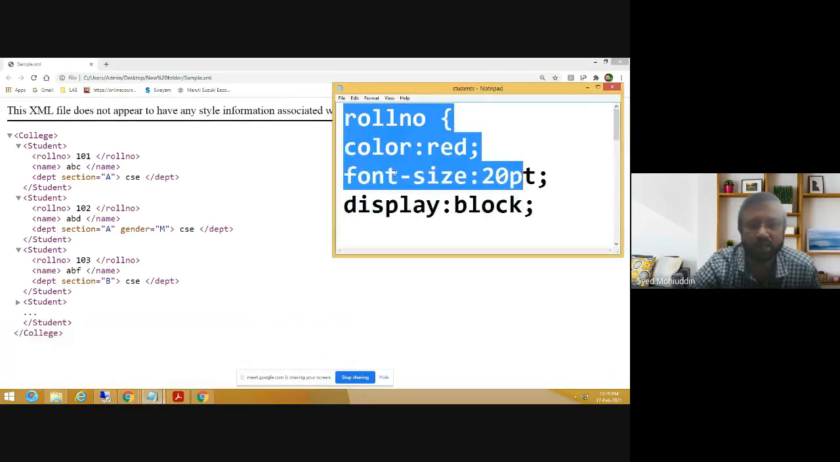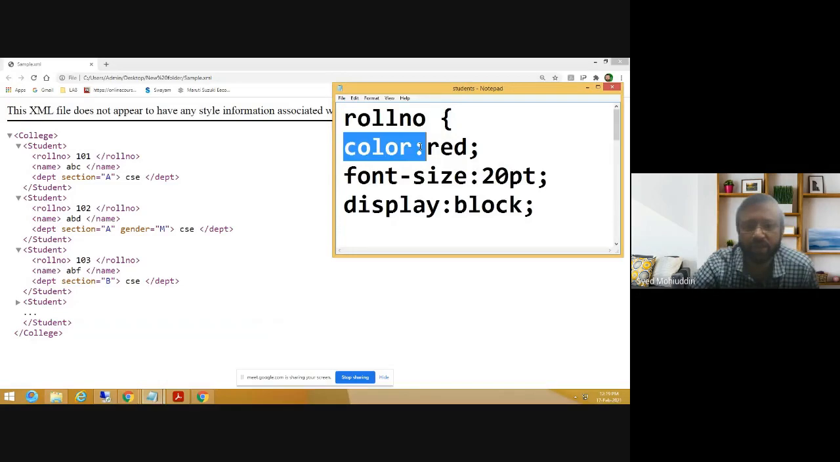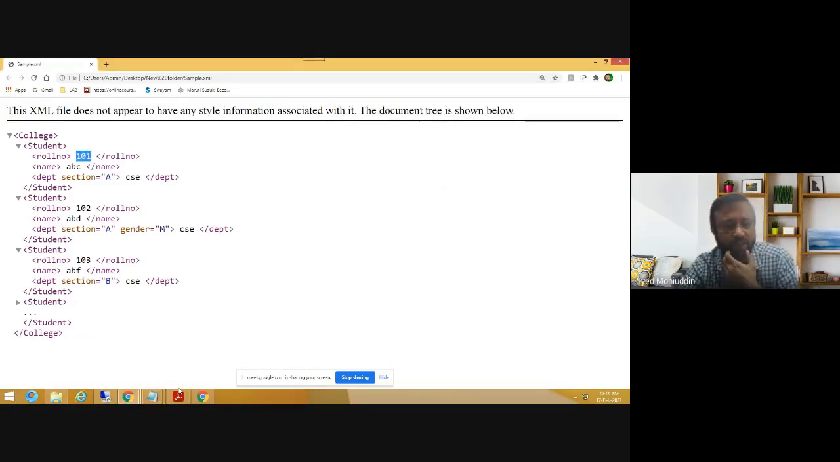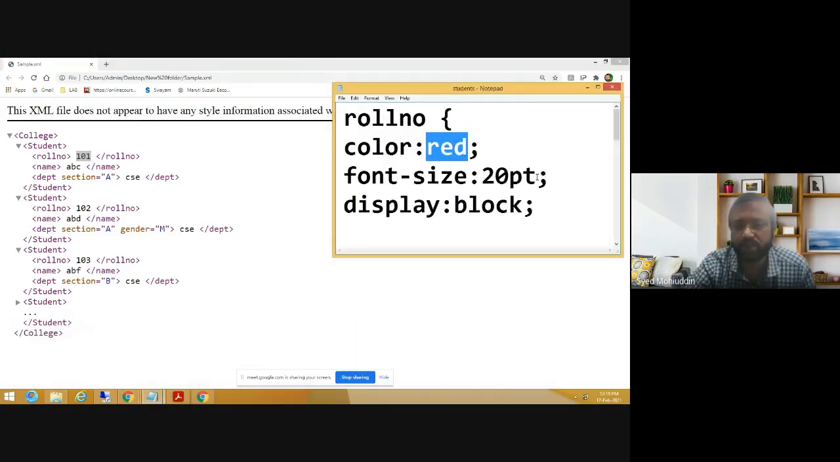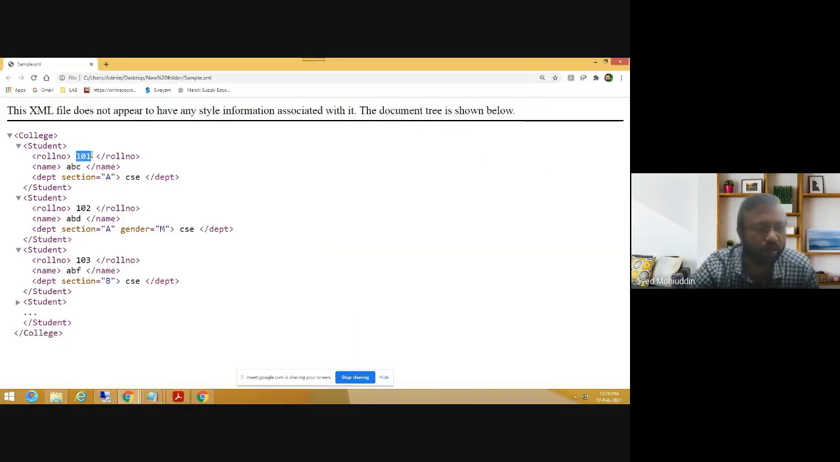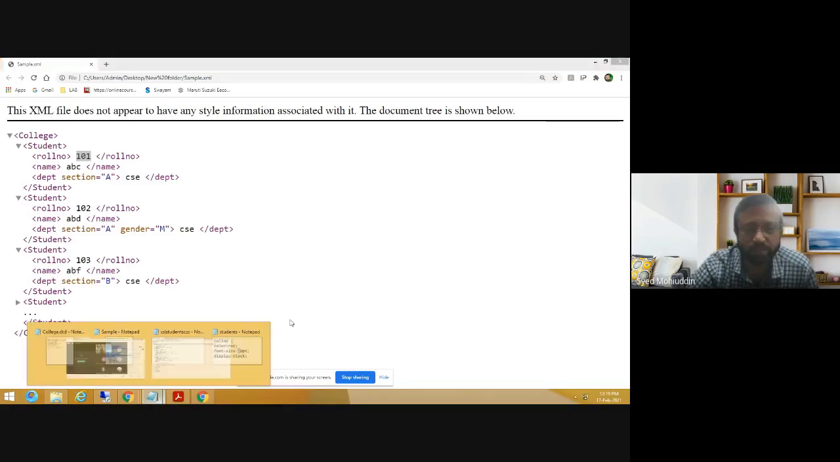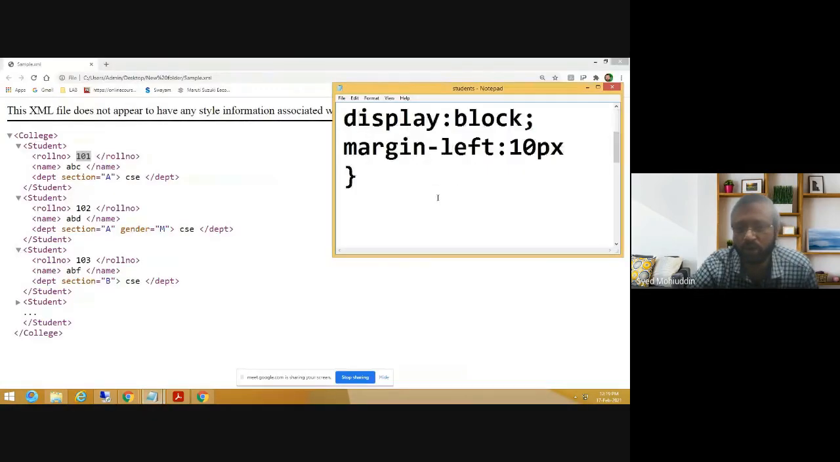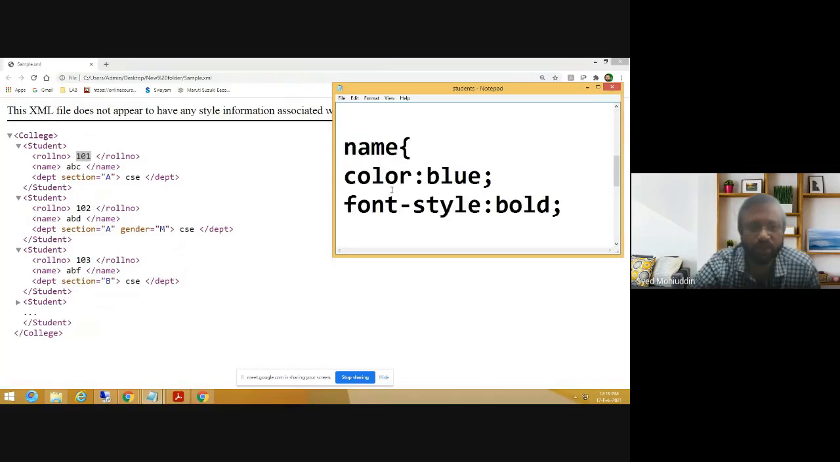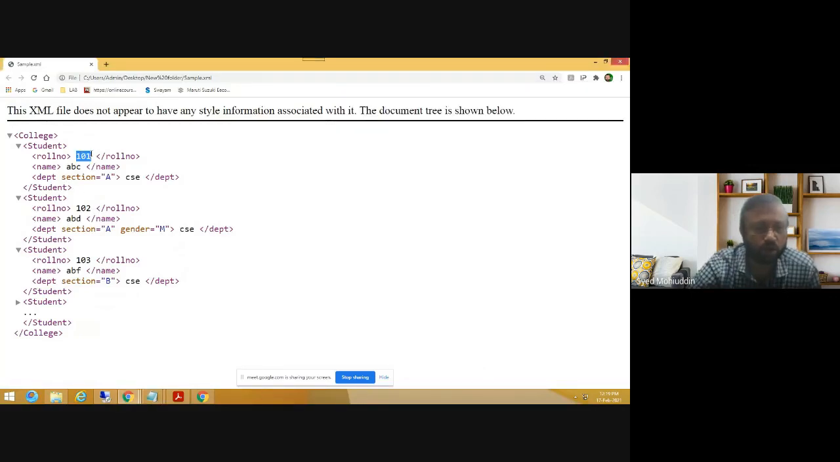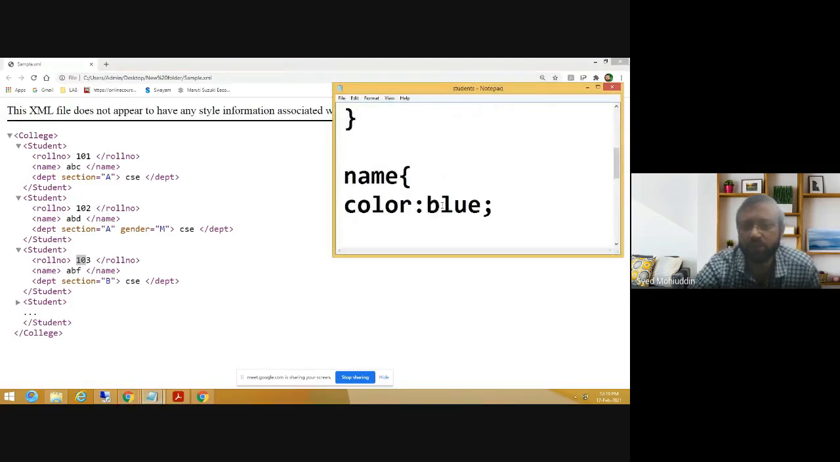Now here roll number is there, so we have specified the color as red, so this data 101 is going to be displayed in red. In the same way, the font size is 20, so it is going to be a little bigger. At the same time, there is a left margin of 10 pixels, so there will be a space. So all roll numbers, that is 101, 102 and 103, will be in red color with 20 point size. Then for name, we have used the color blue,